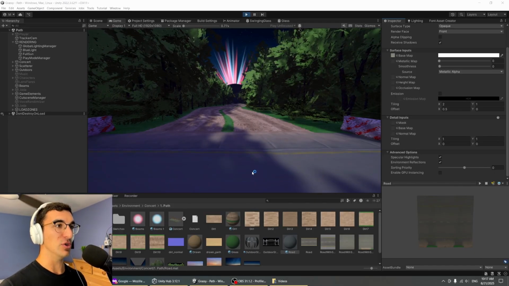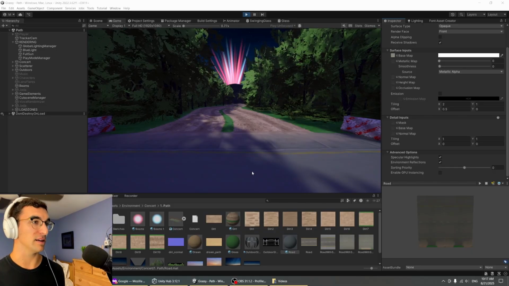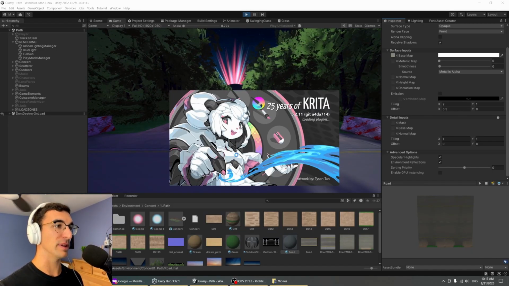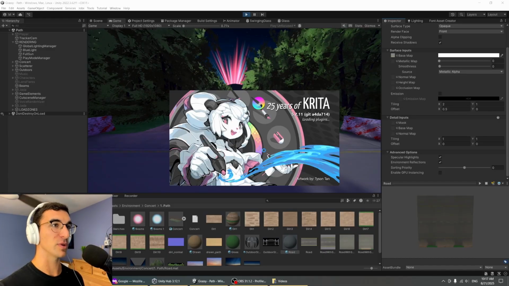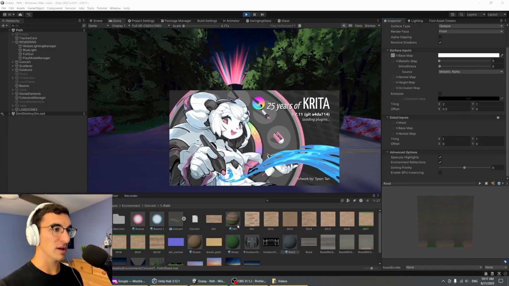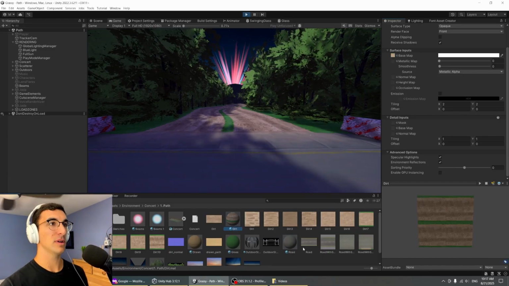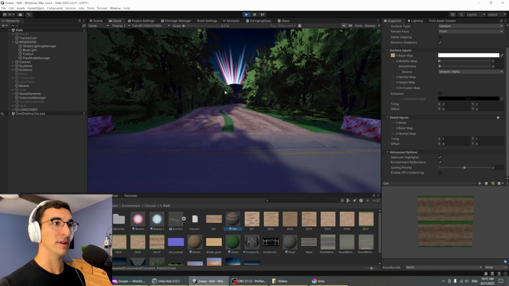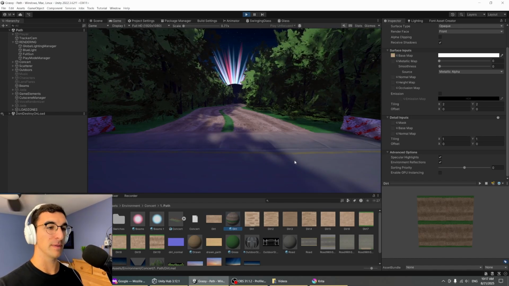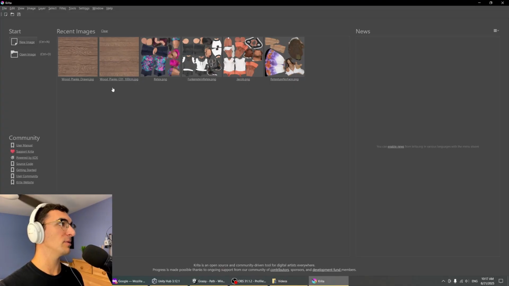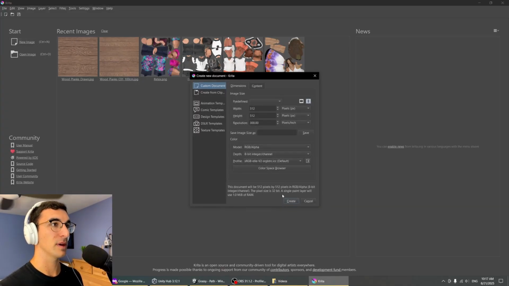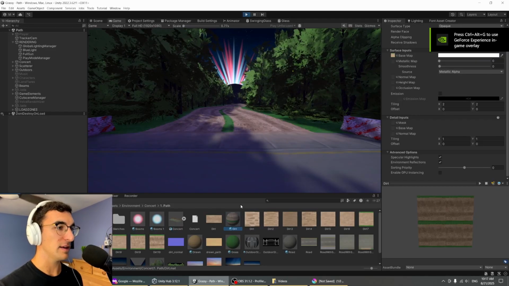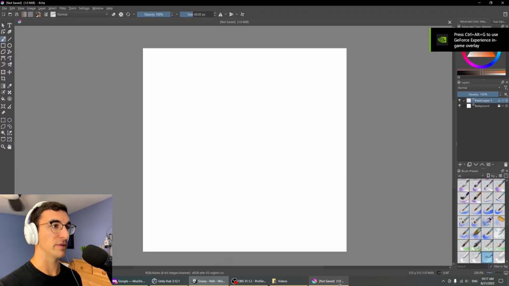I got this new program called Krita, which is just a standard art program, but it's free. It's kind of like Blender, open source and whatnot. And I want to show you how you can do this because it's not that hard to do, and it makes a pretty big difference in the feel. So if I go to a new image, right? Suppose you got this, and you have this. So if I open this up,